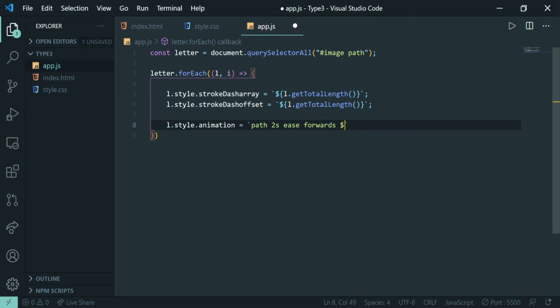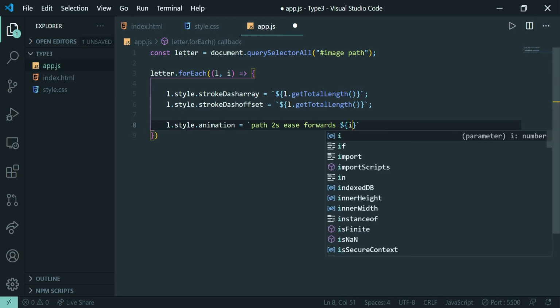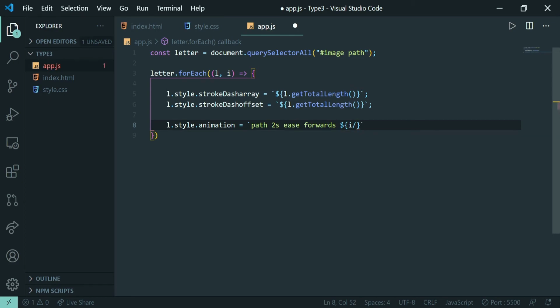So it will be like dollar I divided by, suppose, 4 plus 0.5, so that we can have some delay time. And yeah, we are good to go.